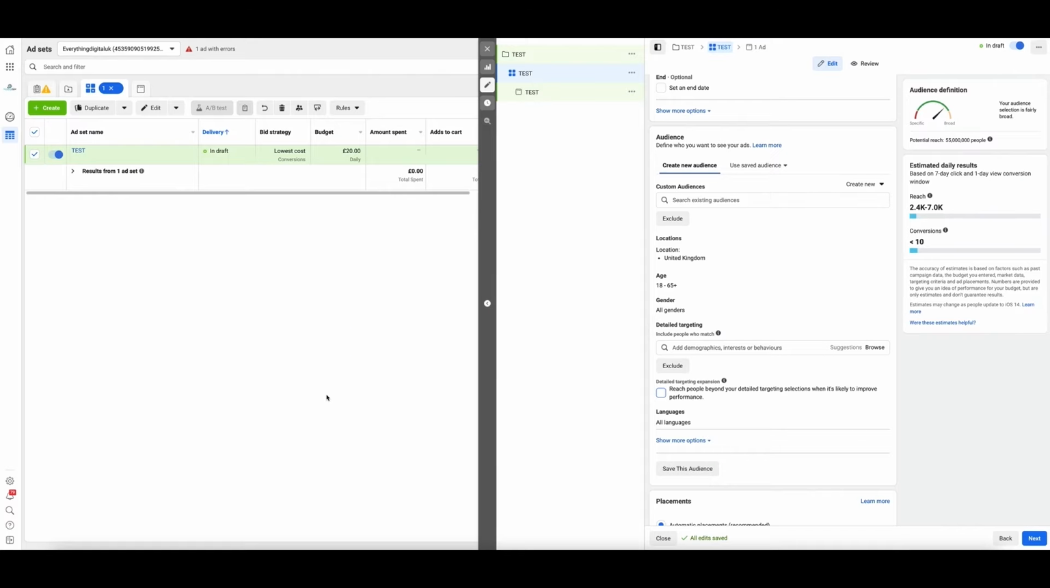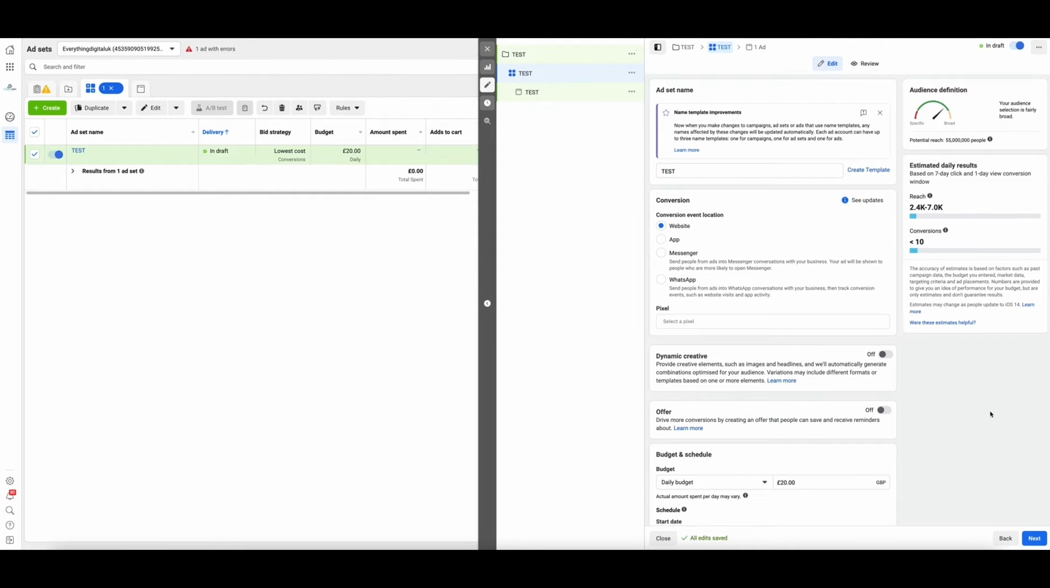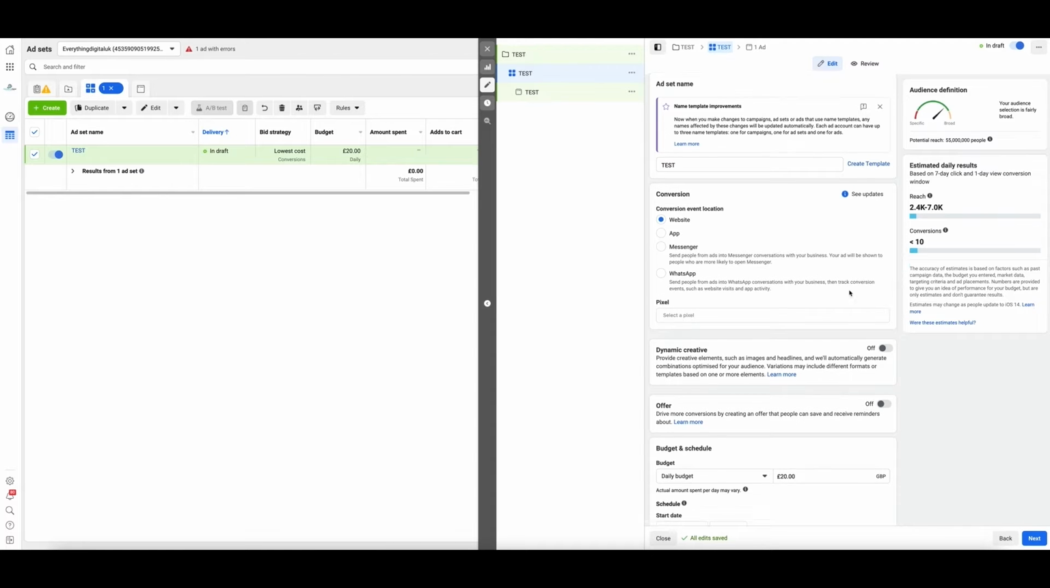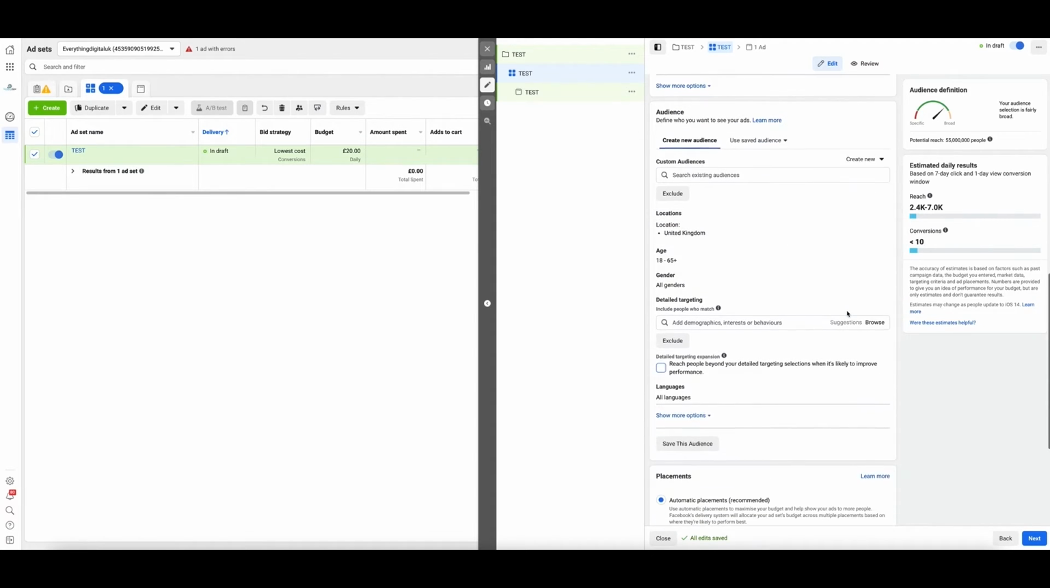So I've set up a test campaign, a test ad set and a test ad for the purpose of this video, and you want to look at ad set level, and when you are editing at ad set level you want to scroll down to the audience section. Now in the audience section you would set up your targeting and you would choose the location of the people that you want to target, the age range of the people, the gender, and then of course your demographic interest